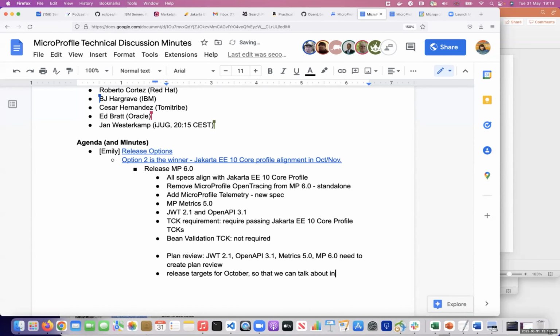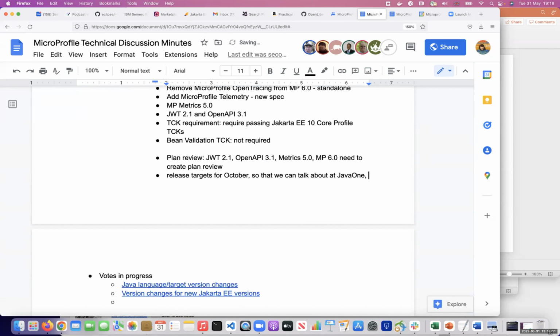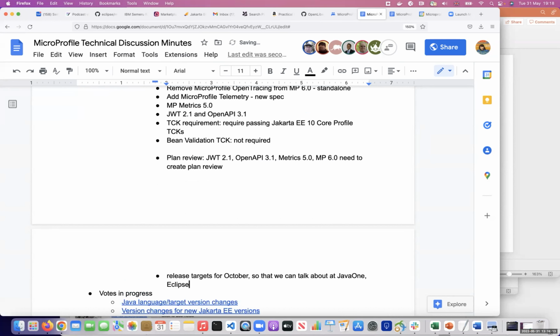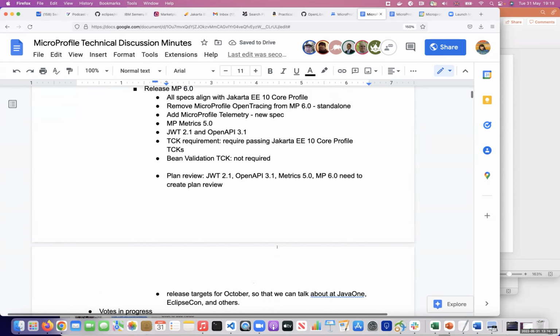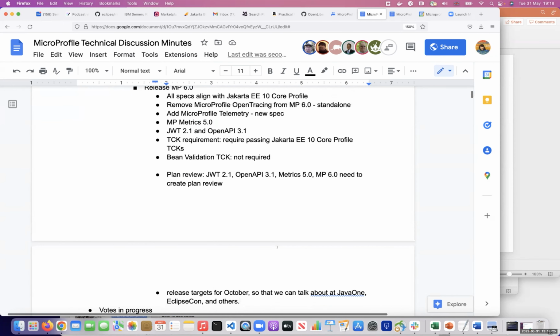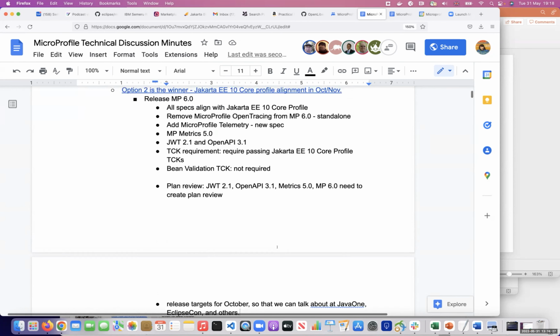There are a lot of conferences in October, EclipseCon and others. So are there any other things about MicroProfile 6.0?